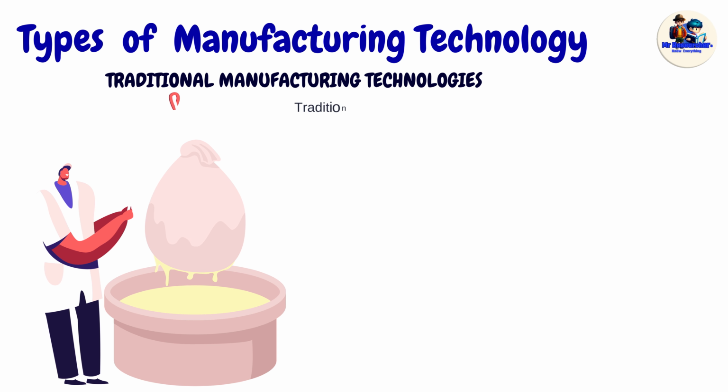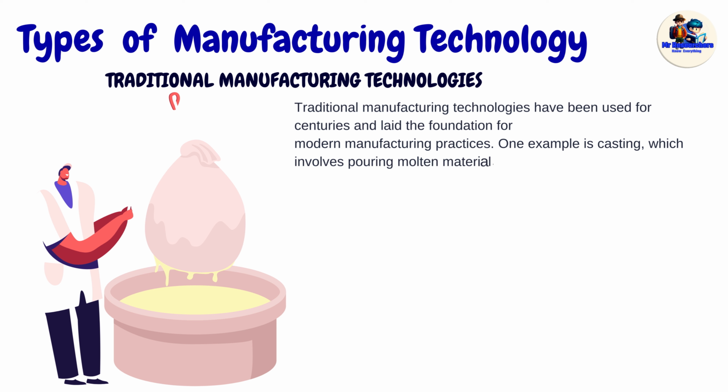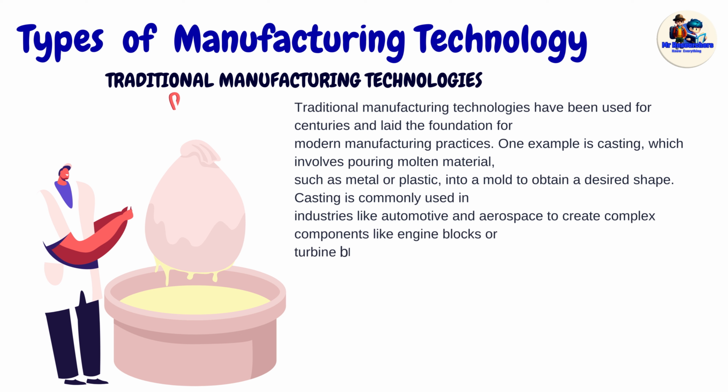1. Traditional manufacturing technologies. Traditional manufacturing technologies have been used for centuries and laid the foundation for modern manufacturing practices. One example is casting, which involves pouring molten material, such as metal or plastic, into a mold to obtain a desired shape. Casting is commonly used in industries like automotive and aerospace to create complex components like engine blocks or